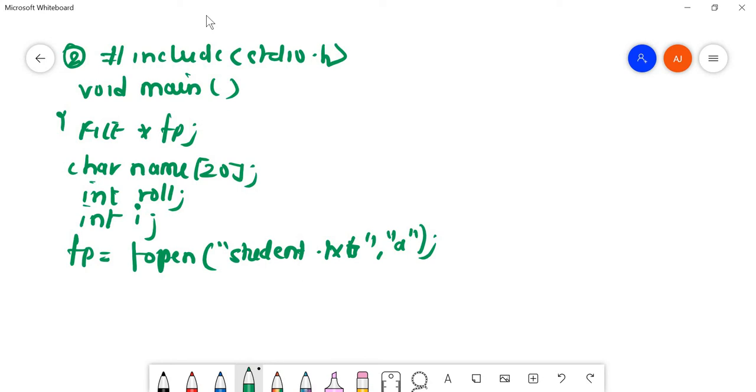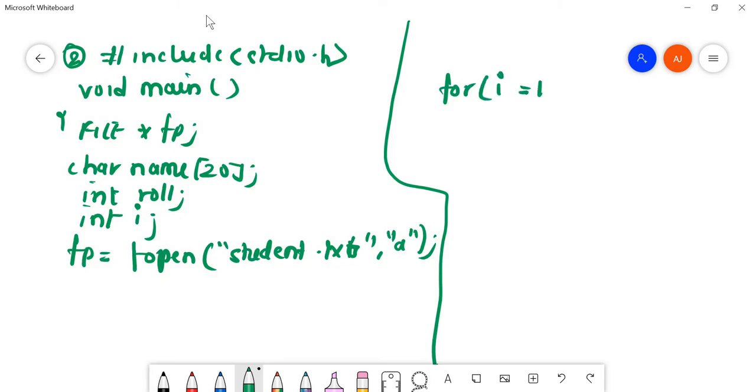Now I have to write the name and roll number of 48 students they have asked me. So I'll continue from here. I'll use a loop: for i equals 1, i less than or equal to 48, i plus plus.